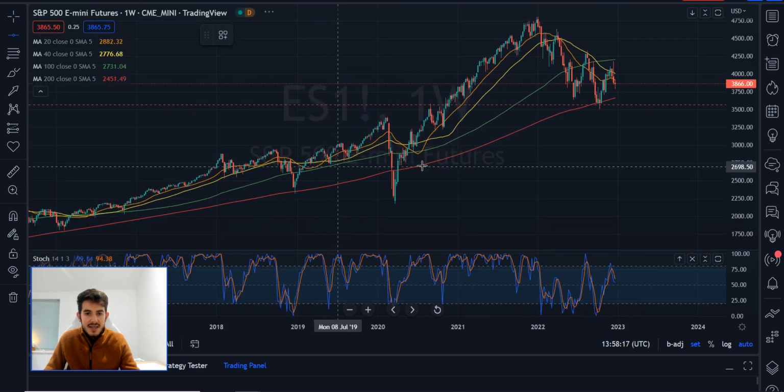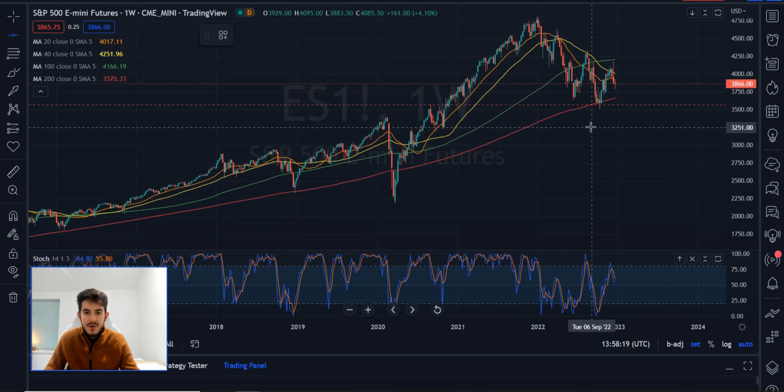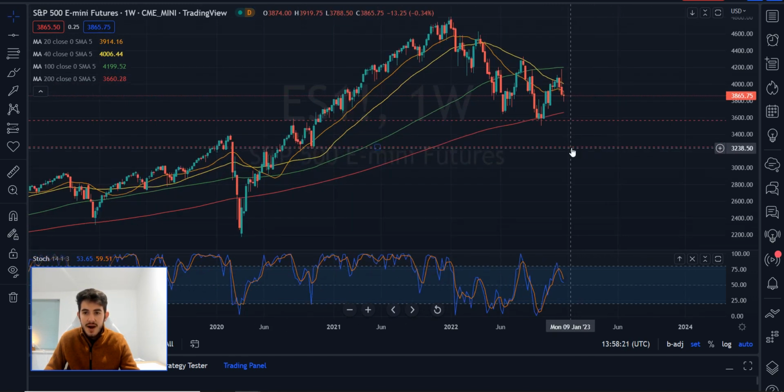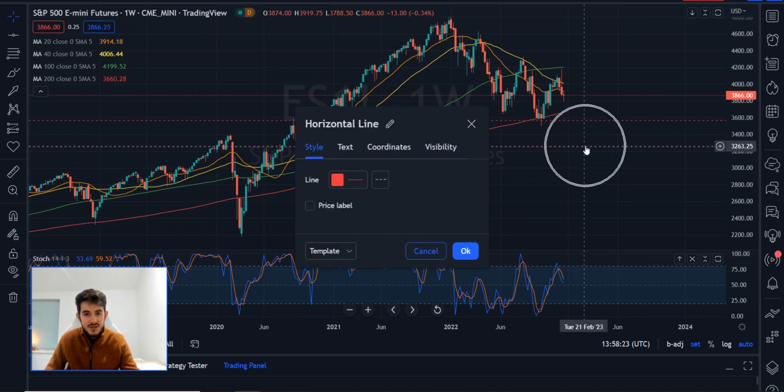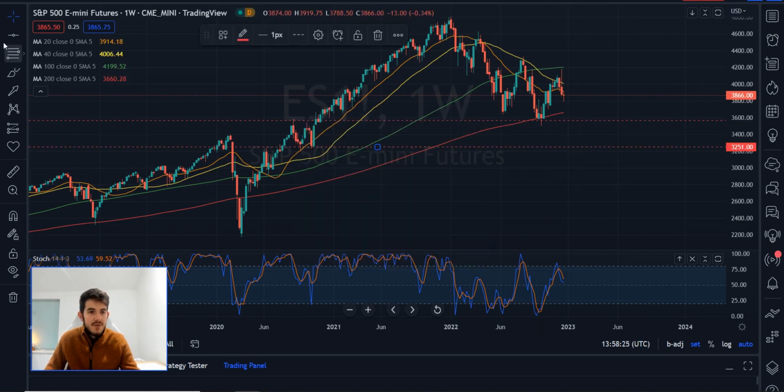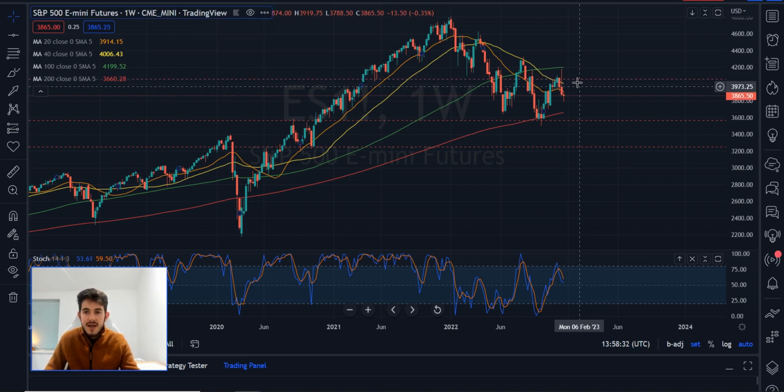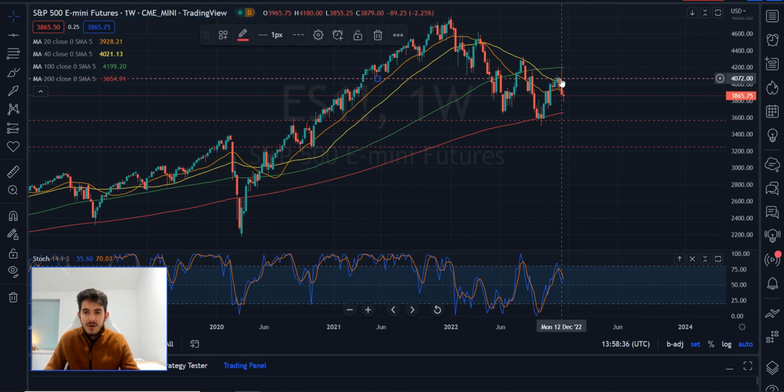Now, if the market did go much lower and you're risk averse, I'd then look around here for a light long as well. This is what I would do. If the market goes up, and we're going to get onto market sentiment and market news in a second, but if it goes up, I'm looking lightly long here. Again, for similar reasons, we've hit it already. I don't want to be a normal size. I'm going to take a slightly lighter short.